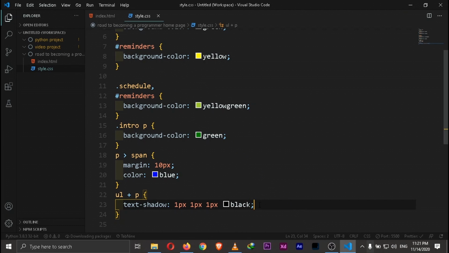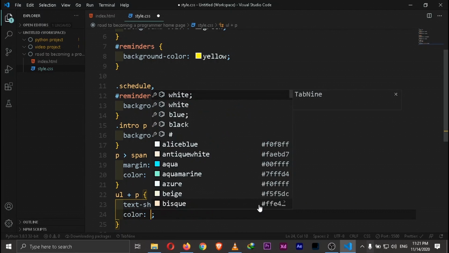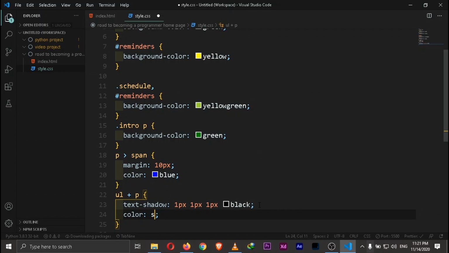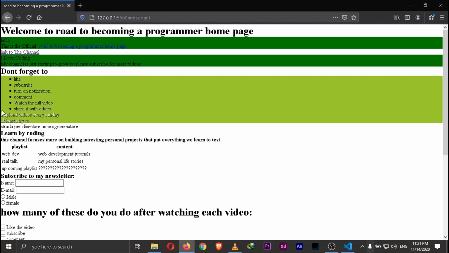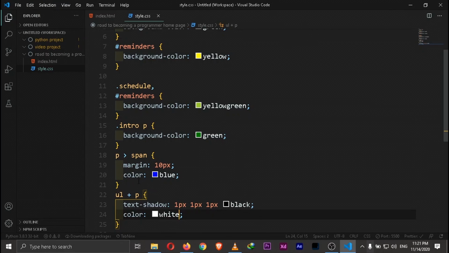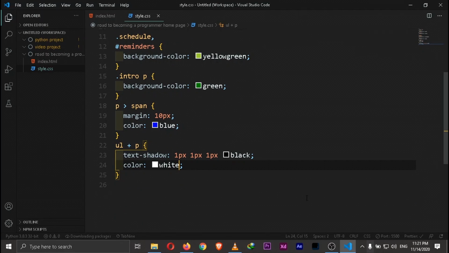So if you had a UL and then an LI and then a paragraph, we just couldn't do this anymore. We would have to say ordered list then paragraph. The paragraph is just adjacent to our ordered list. So now that we're done with that,